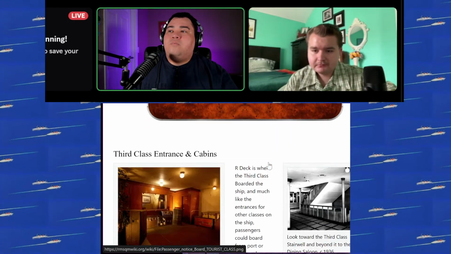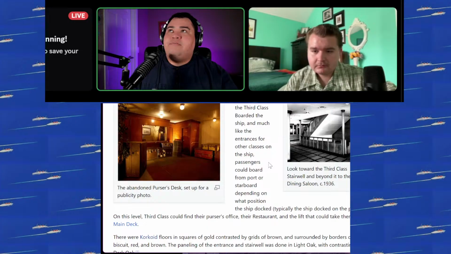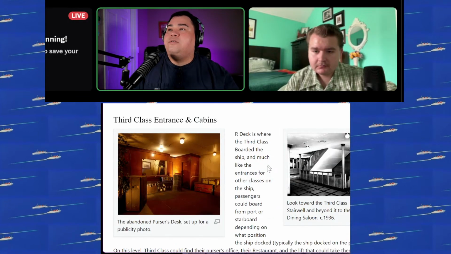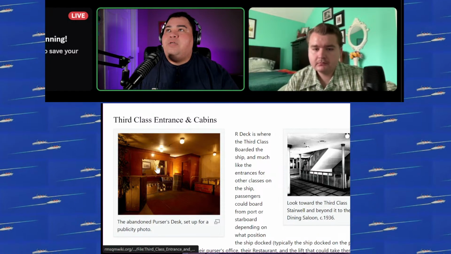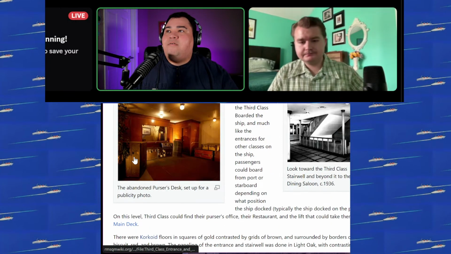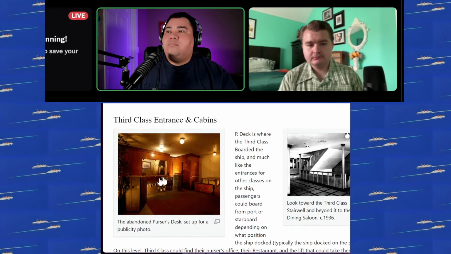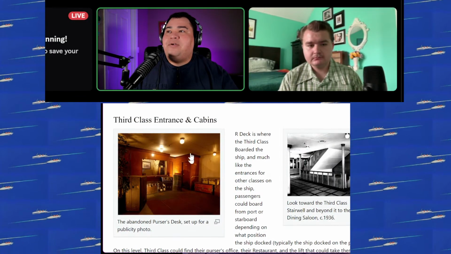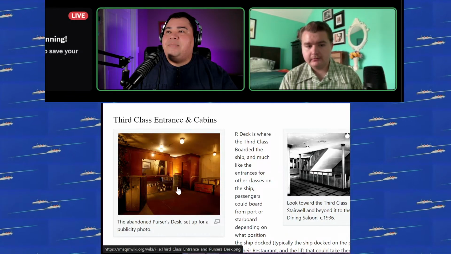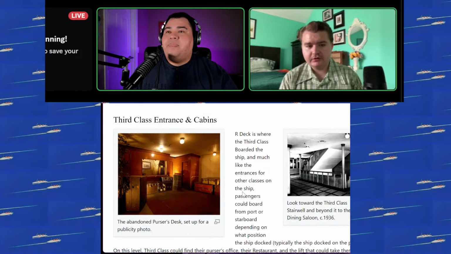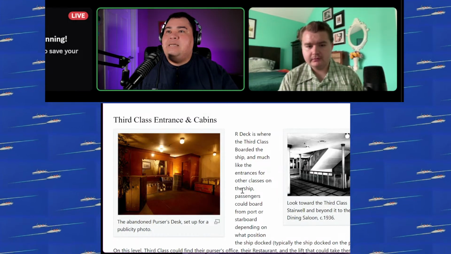So on our deck, we have all these different spaces. Again, this is all compressed for you guys, so it looks weird on your screen. But you can see these different images of third class areas. I want to update this image because I have a better image of it now, but at the same time, it's not necessarily better. It's much darker. This at least is all lit up. It's just more updated, yeah.